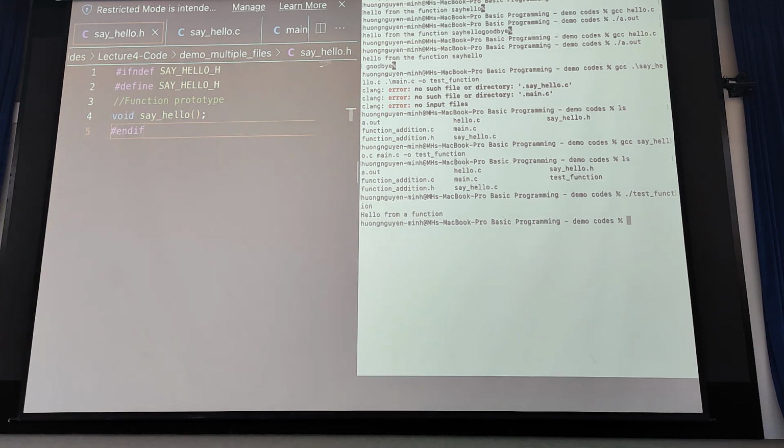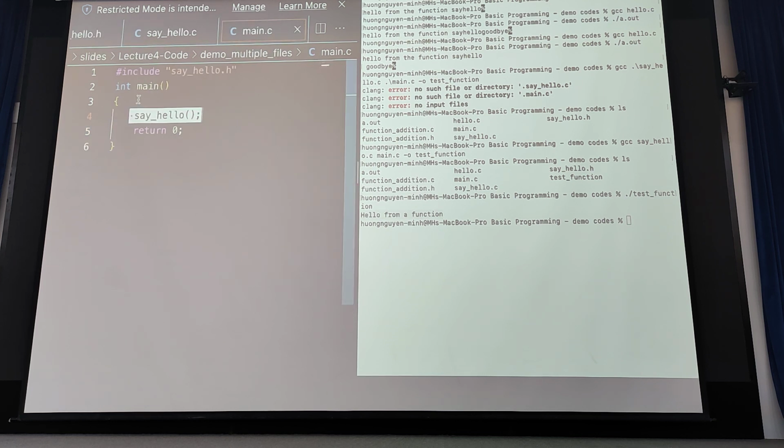Okay, you see the result here: Hello from function. In the main function, you have only say hello.